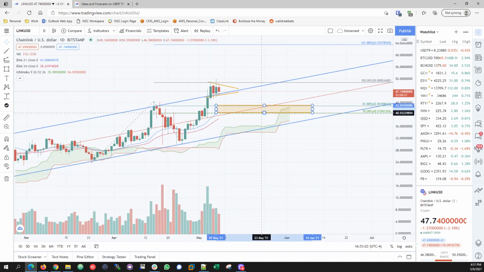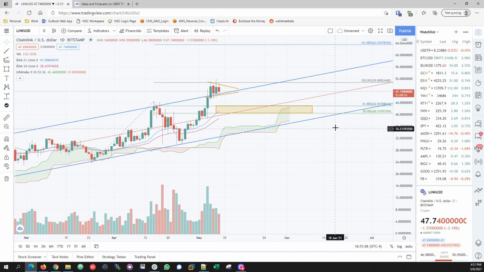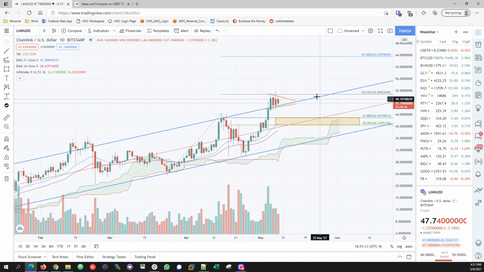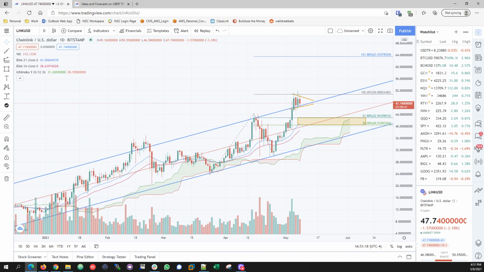I can move it up. Let's do this just to make people happy. There you go. You can buy in this zone, 43 to 40. Okay, that's what your buying zone should be if it pulls back. If it breaks out, then you're looking at 63. But that's it for my Link. Good thing I remembered, because this was last second. So I think these are the zones, and I based it off of Chainlink US dollar, off of Bitstamp. I don't know if it makes a difference between Binance or other companies, but that would be my technical analysis for this coin itself, crypto coin.